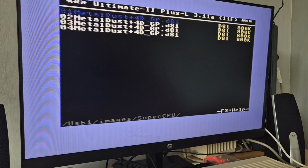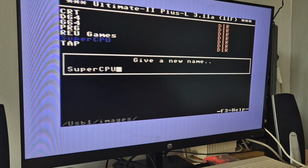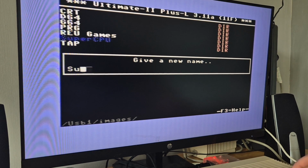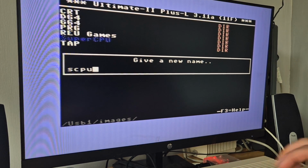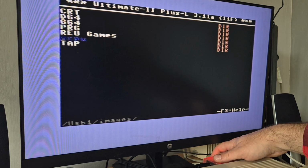and let me just remind you that we can actually change or edit names. So for example, if I want to change the name of my SuperCPU folder, if I just go to rename, I can change it to anything I want. So if I press install and just name this to SCPU, press return, and there we go, we've now edited that file. If I go back into the game then,